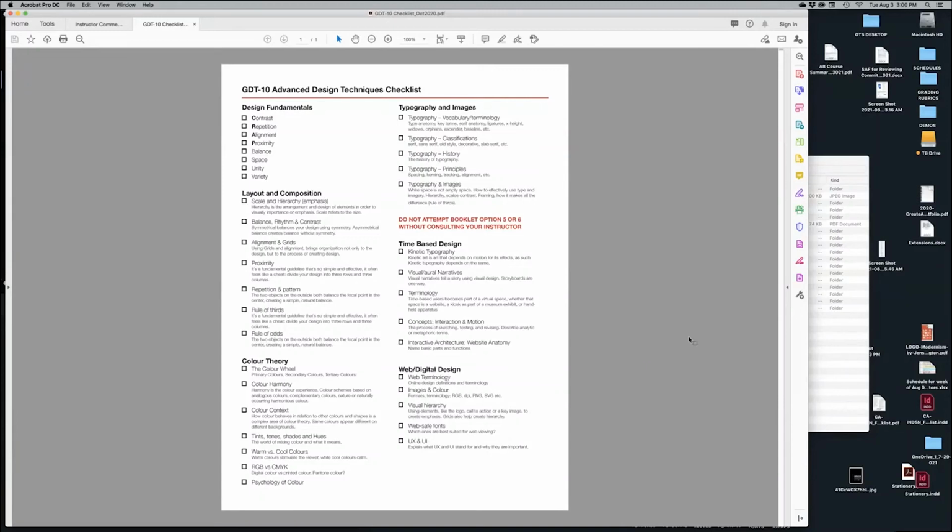All right, so this is a tutorial about GDT 10. You're faced with those four booklets that you need to design for: design fundamentals, layout and composition, color theory, typography, and images are the first four that we suggest you should touch upon. And if you have time, but you don't have to, you can do the time-based design